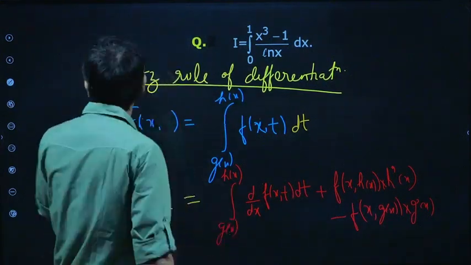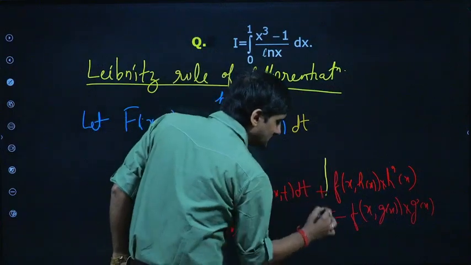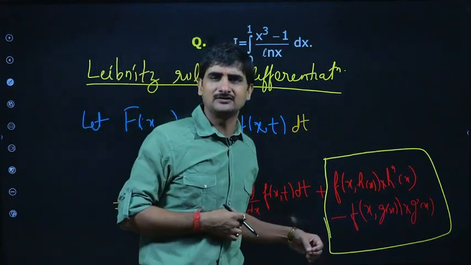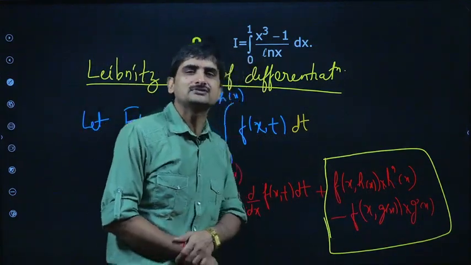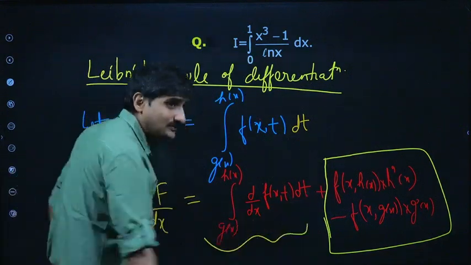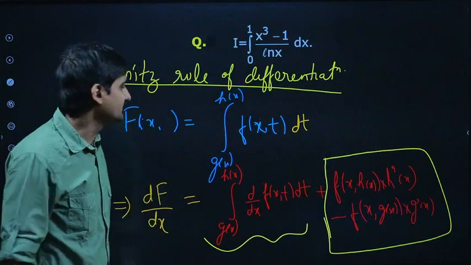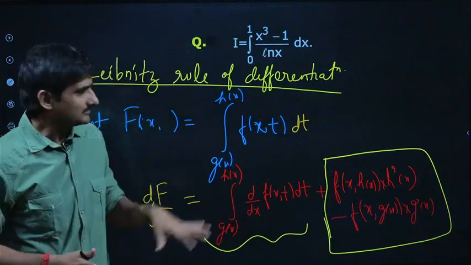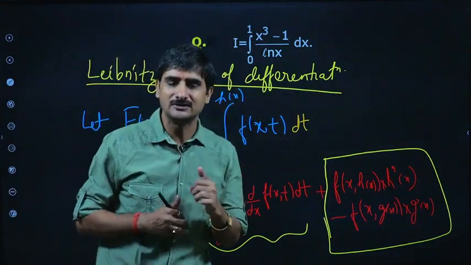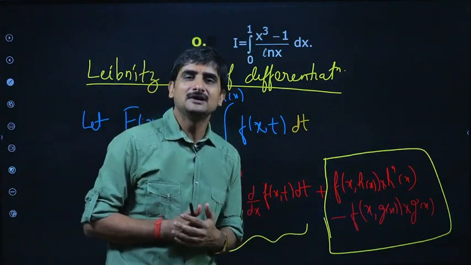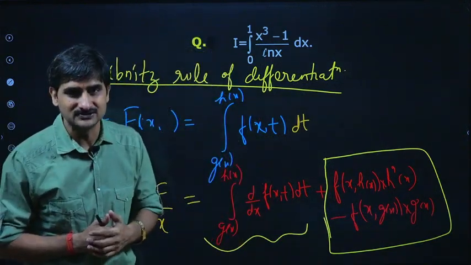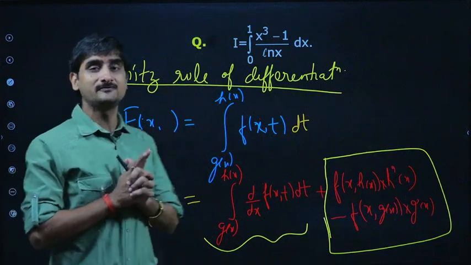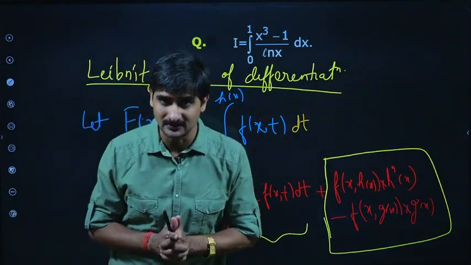Actually what happens is we normally use only this first portion, almost 99.9 percent of the time. That's why we miss this other portion. You would also have found initially that I have to think to write this form, because we don't use it. So that's an exceptional type of question which I am sharing with you, which might be helpful for your advanced level questions. So that's your Leibniz rule of differentiation to differentiate a definite integral.